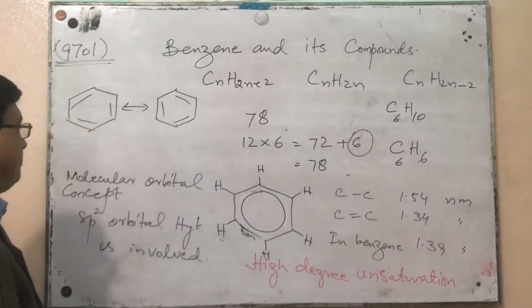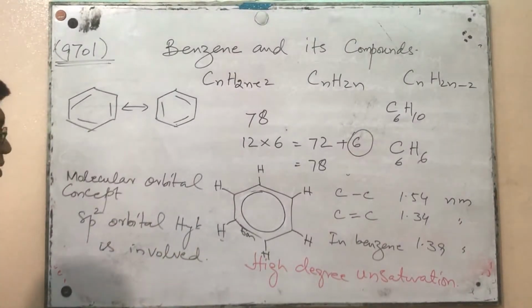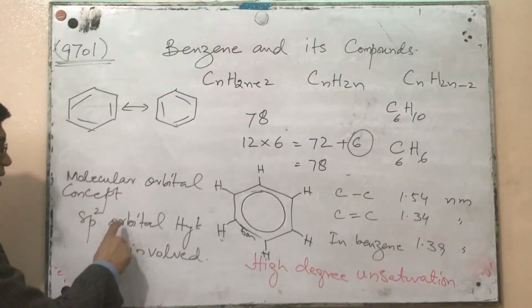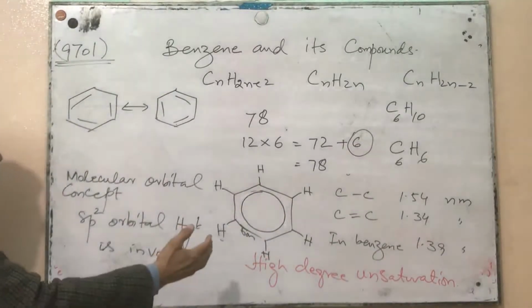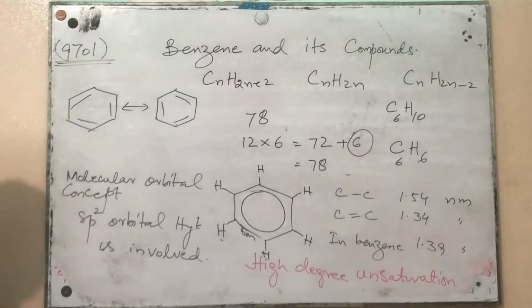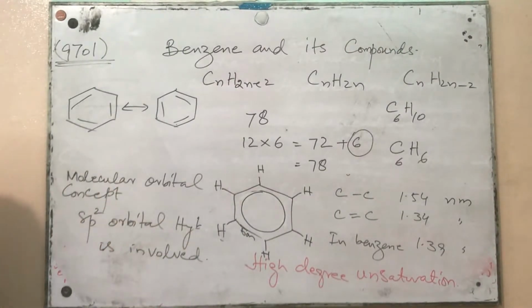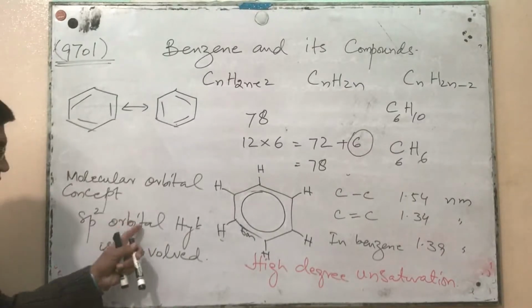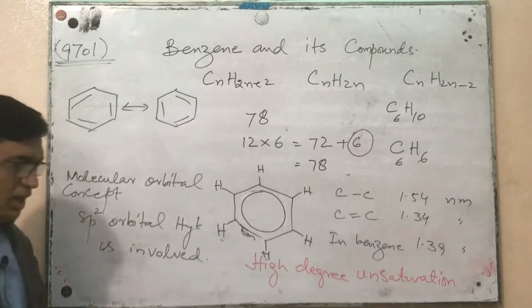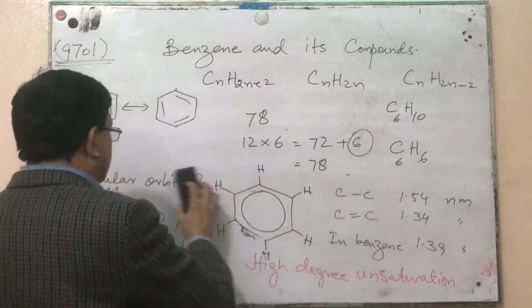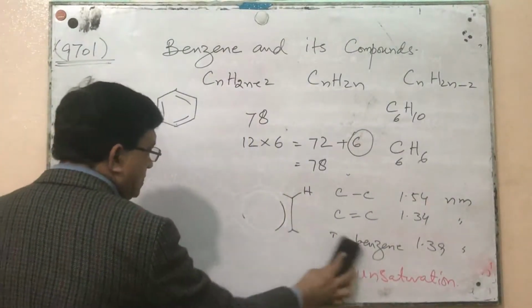Now, according to the molecular orbital theory, as the double bond is present and unsaturation is there, in the benzene molecule sp2 orbital hybridization is involved. According to the sp2 orbital hybridization, we know that if we consider